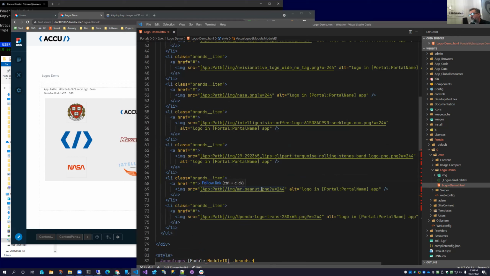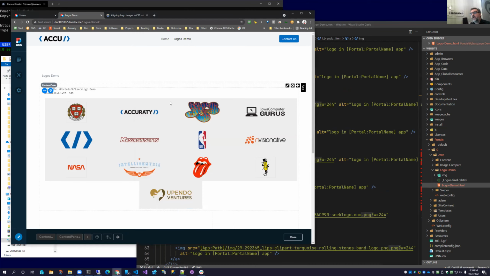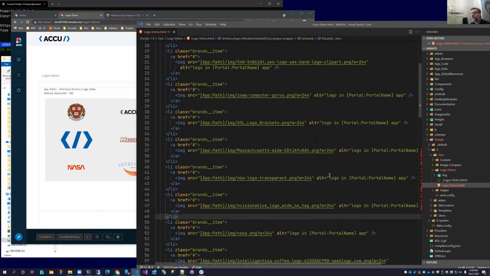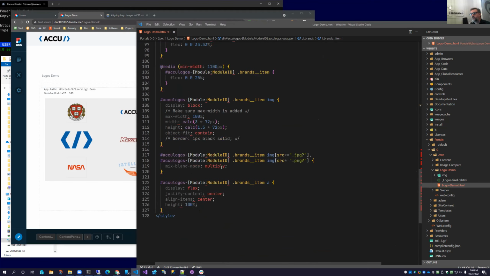And if it finds PNG, it applies the CSS class. So anyhow, that's not really what we're here to do, but there's some cool stuff in that article and you should check it out.